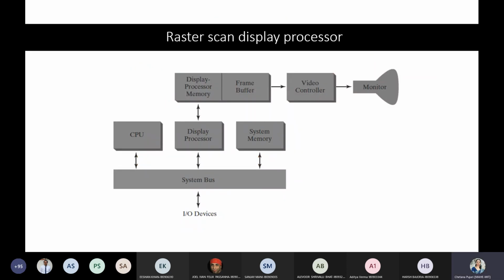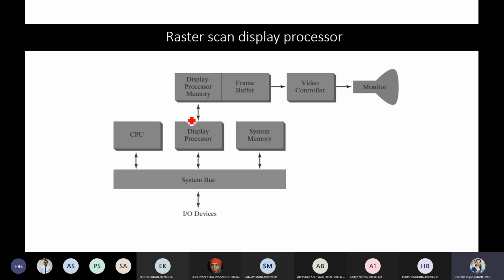Next is the raster scan display processor. Nothing much explanation is needed here; it is similar to what we discussed earlier. Here we have just one dedicated processor called display processor memory, which deals only with the display of your image.